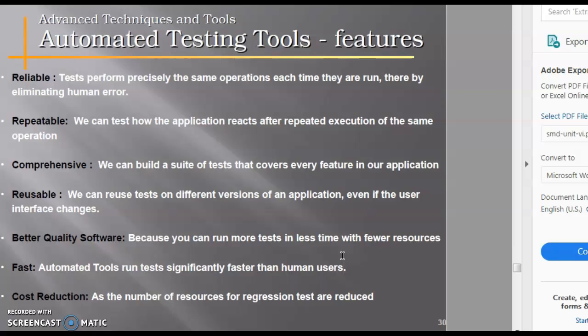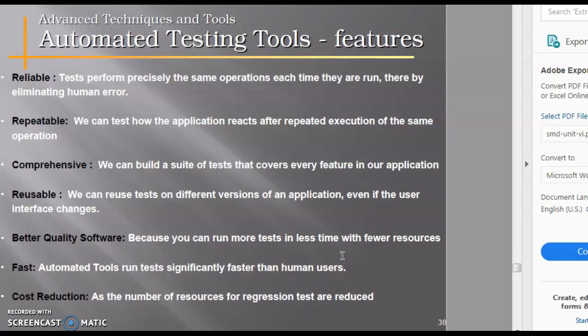First of all, reliable features. This type of test performs precisely the same operation each time it is run, thereby eliminating human errors. Second one is repeatable. We can test how the application reacts after repeated execution of the same operation. Comprehensive: we can build a suite of tests that covers every feature in our application.